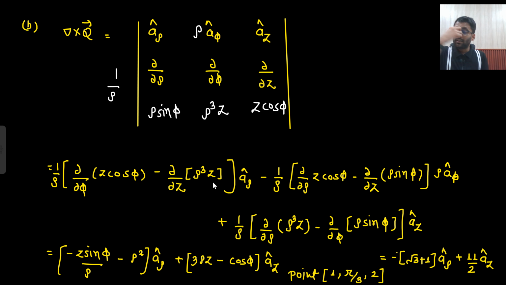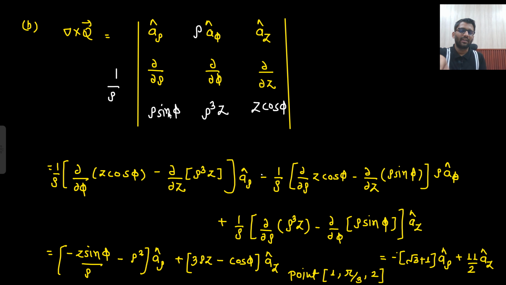Then a rho term, del by del phi z cos phi. Then del by del z rho cube z. Then rho a phi term will come. I am writing del by del rho z cos phi. That's why I have written negative sign here. If I had put positive sign here, then these terms will be reversed, right? I am putting the negative sign, so that's why first I have taken this del by del rho z cos